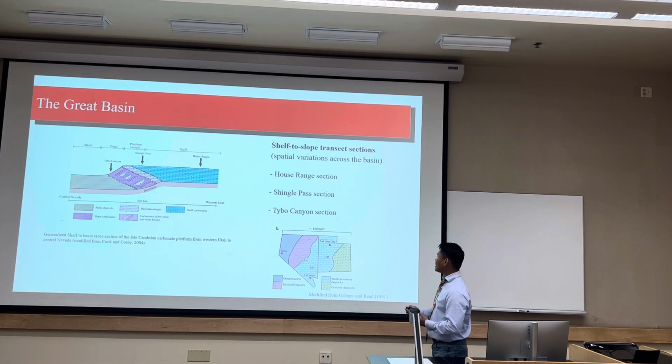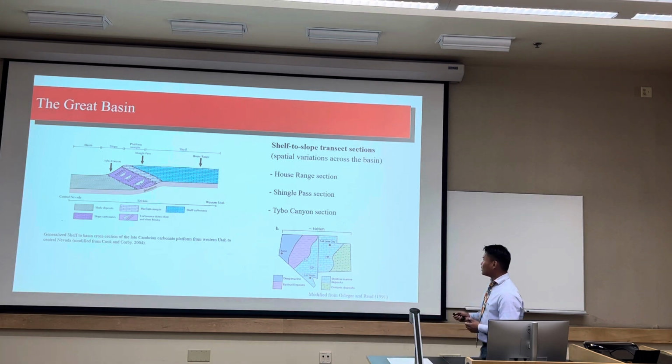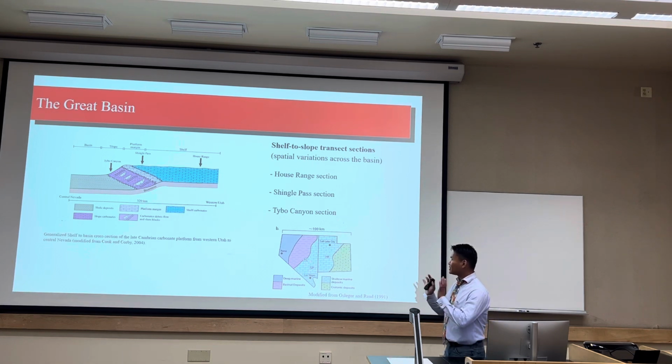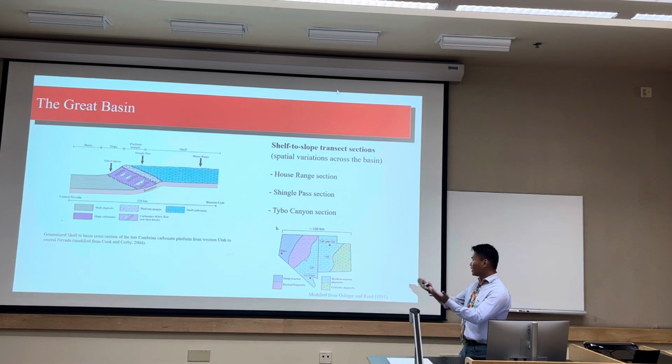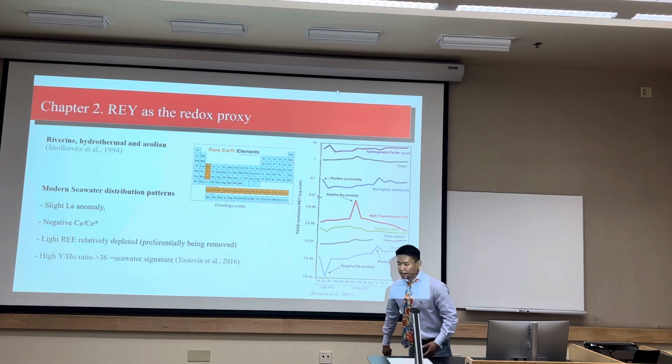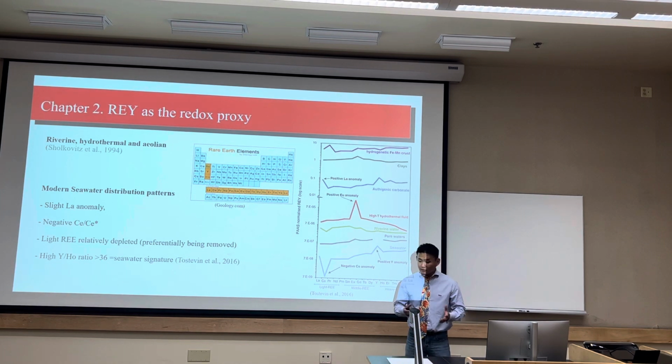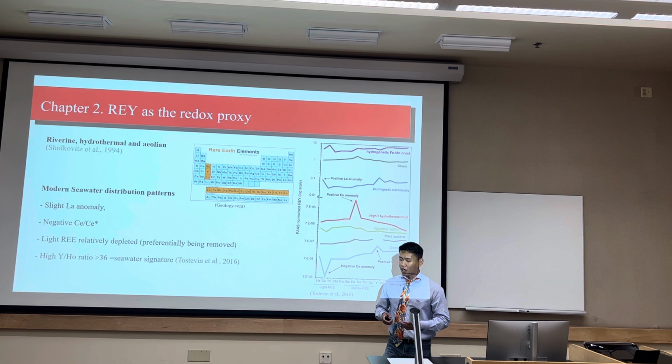So if you look at Nevada and Utah during the late Cambrian time, House Spring section is right here, Single Pass, Table Canyon. The Nevada side, like the California side, is more like a deeper environment, where the Utah side will be close to the land. So let's go to my second chapter, which will be using the REY as a redox